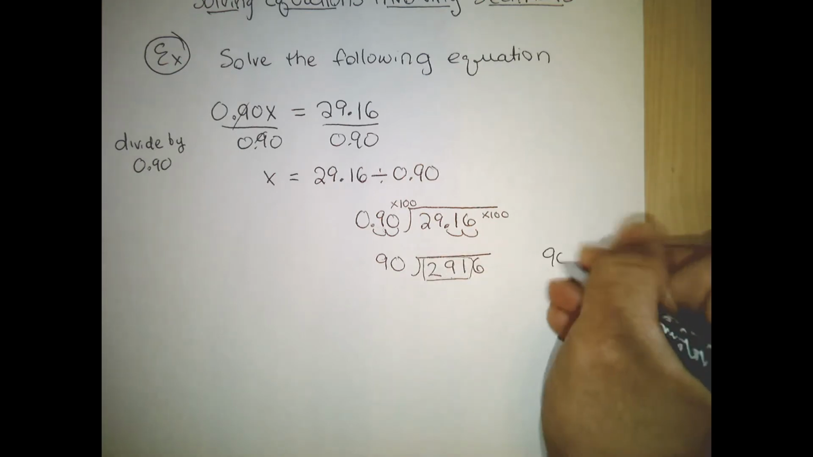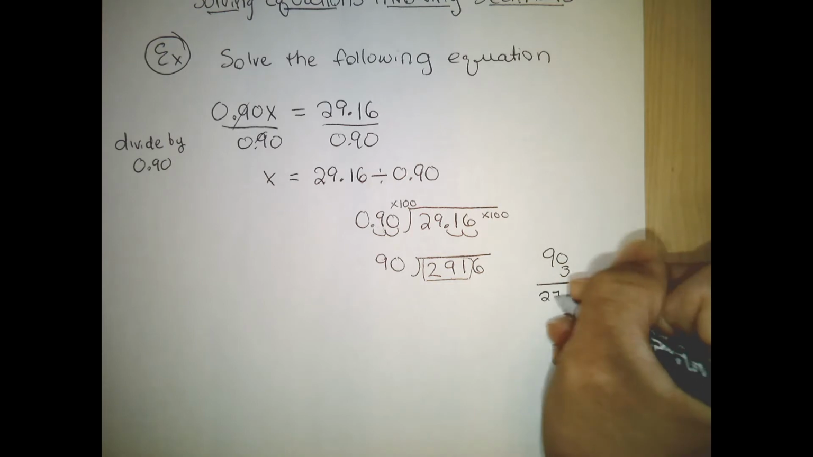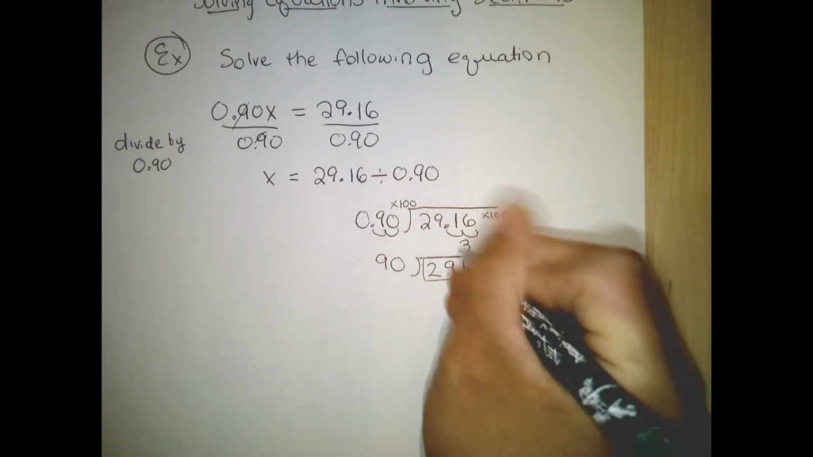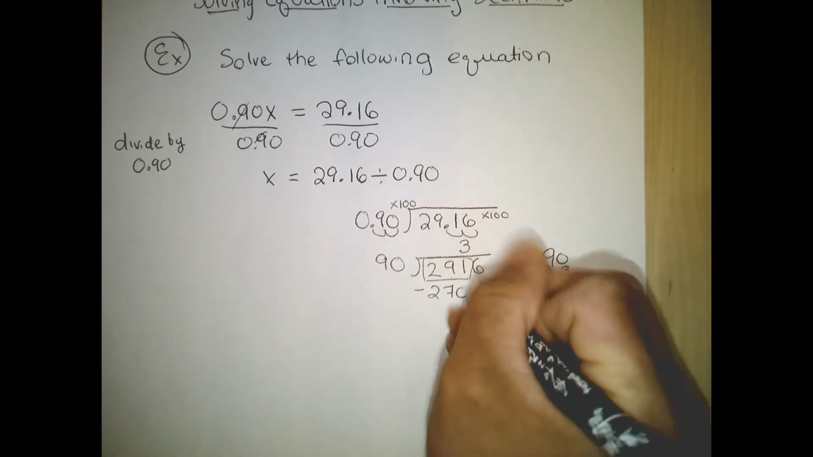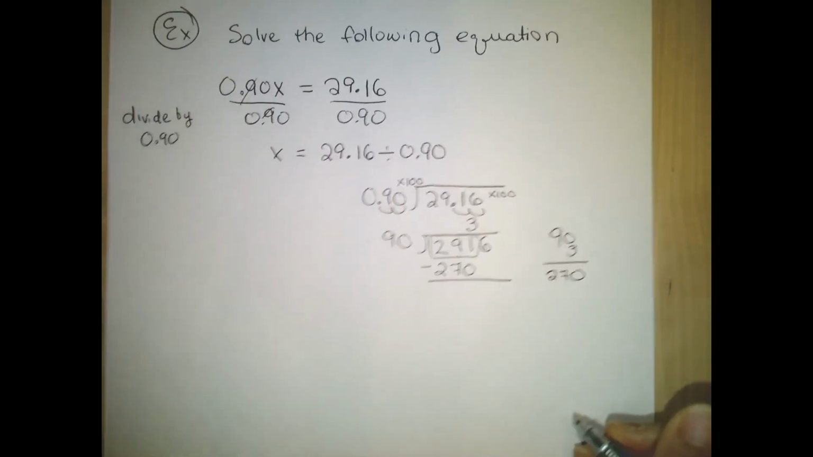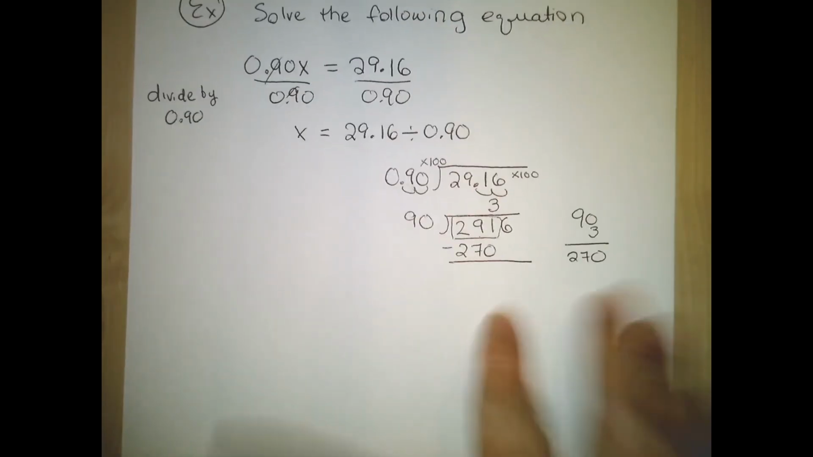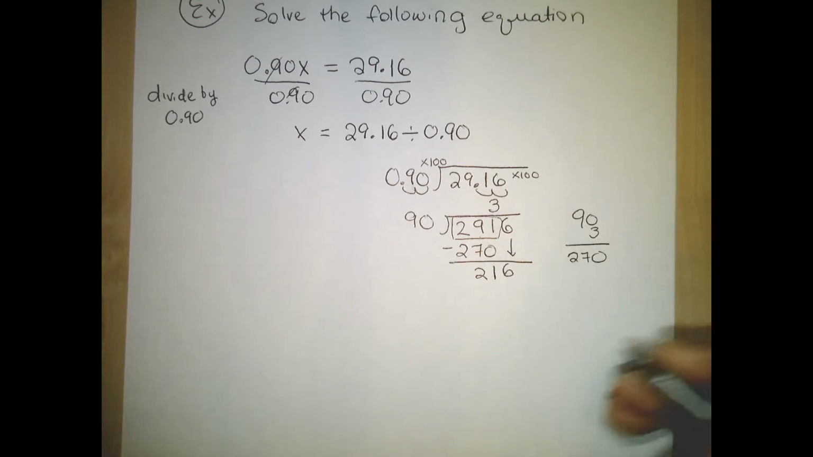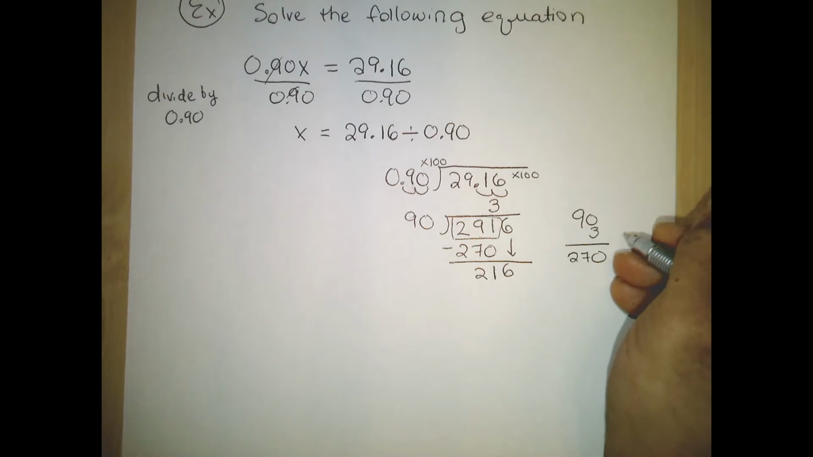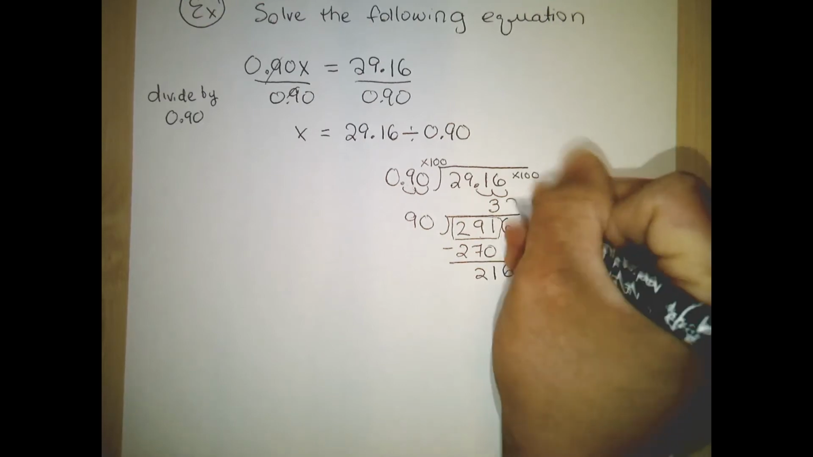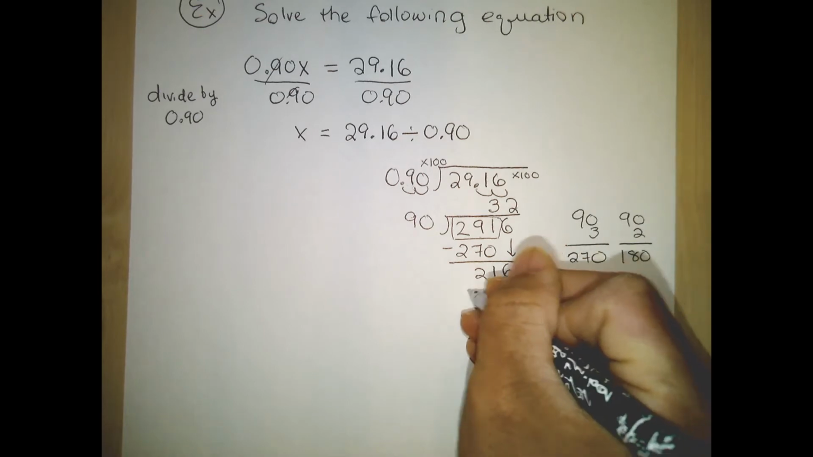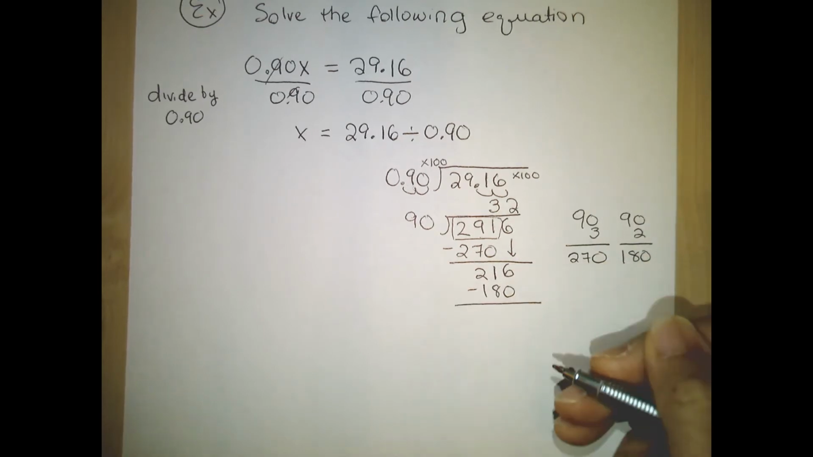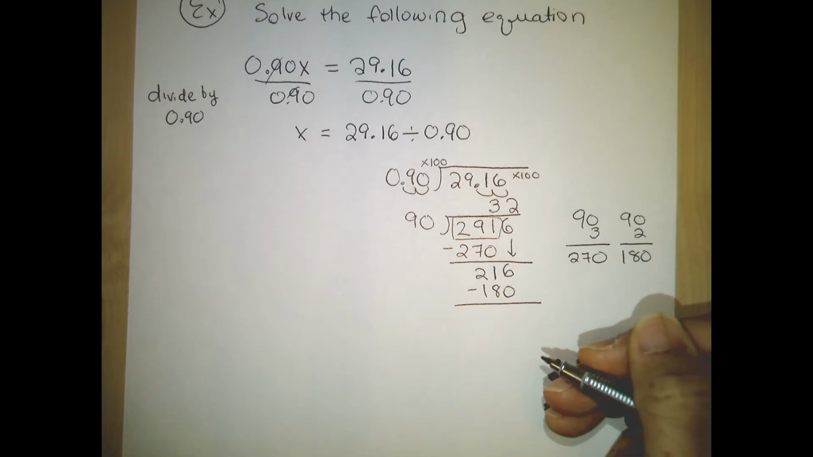well, 3 times. So 90 times 3 is 270. Then we subtract: 291 minus 270 is 21. Then I bring down the 6. Now 90 goes into 216 2 times. So 90 times 2 is 180. So we have 216 minus 180. That happens to be